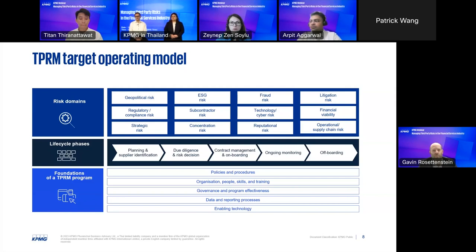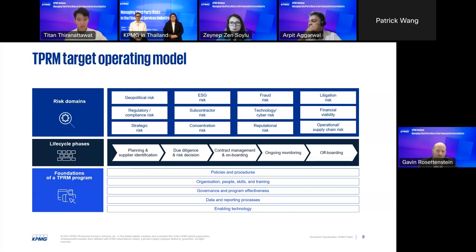So your policies and your procedures in place, how the organization is structured from an organization, a people perspective. Zen spoke about a little bit before around how you maybe potentially have certain components that are centralized, other things that may be fragmented across the organization or business led. It's really important to have clarity of roles and responsibilities, who's accountable for making decisions and who's responsible for executing certain components of the process as well.